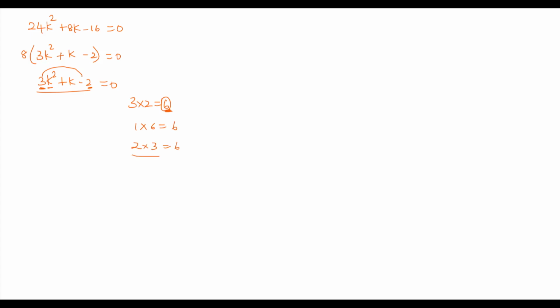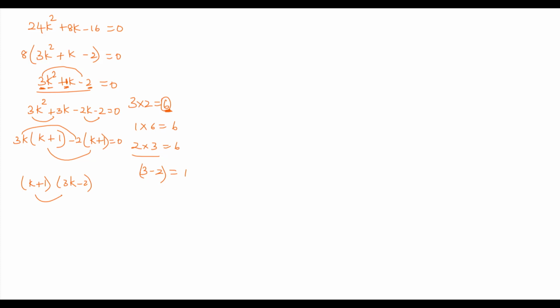You have to find factors in such a way that you will get the coefficient of the k term, that is the middle term, that is 1. So by 3 minus 2, by subtracting, we will get 1. So let us use that. Therefore 3k square, and 1k we will get by doing 3k minus 2k, minus 2 equated to 0. From 3k square and 3k, 3k is common, you will be left with k plus 1. From minus 2k and minus 2, minus 2 is common, we'll be left with k plus 1, which is again equated to 0. So k plus 1 is the same in both, and 3k minus 2, these are the two factors.